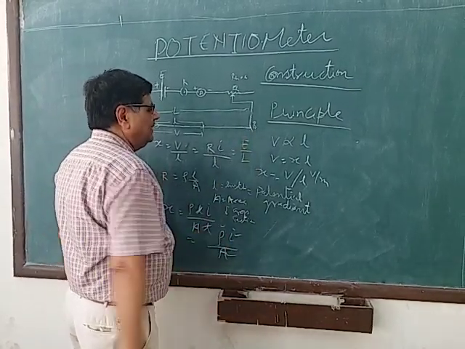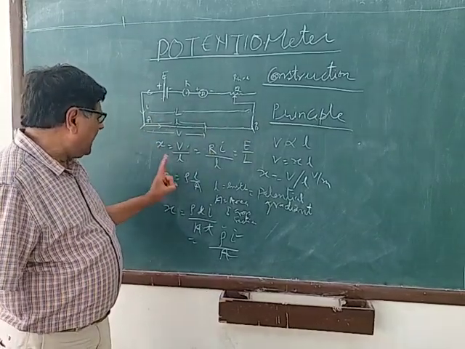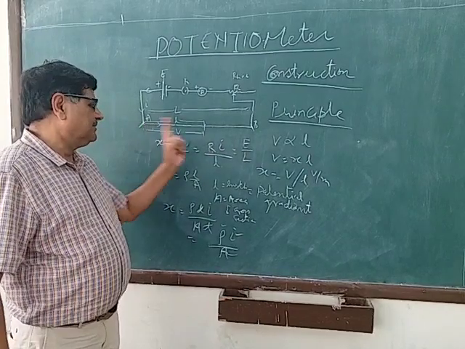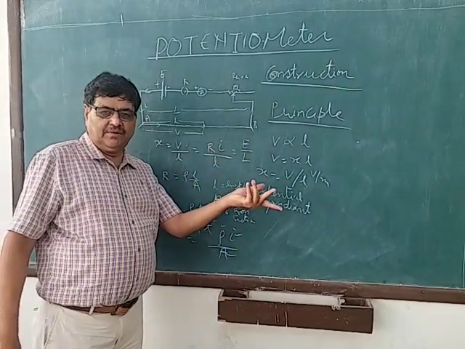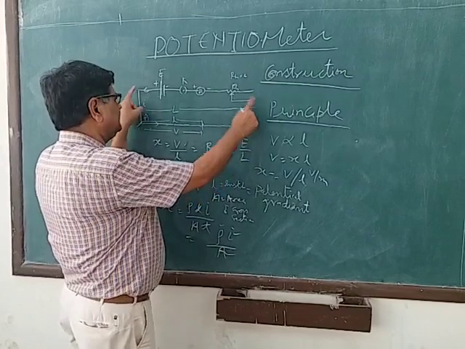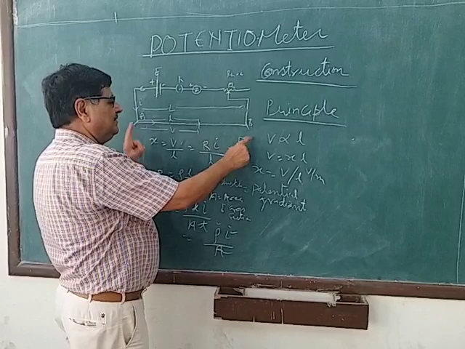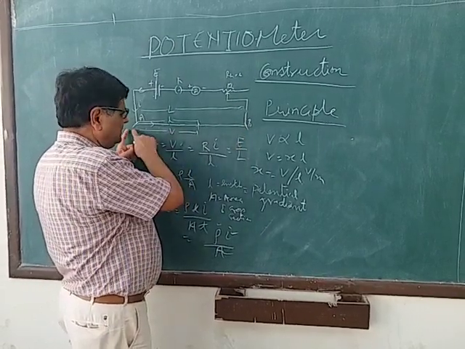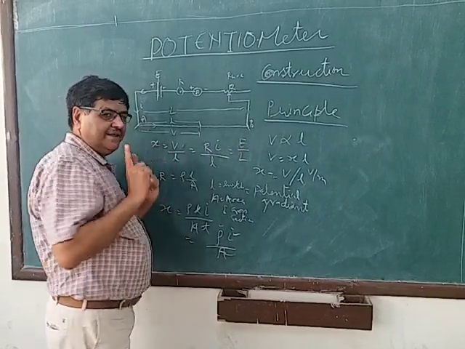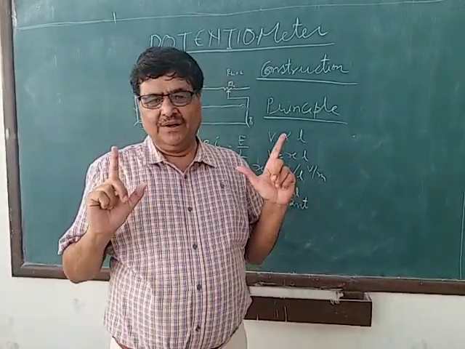E by L also. So you see that X, on what factors will X depend finally. Try to understand, because this will help you solve the numerical problem. Whatever is the potential difference across these 2 terminals, if no resistance is here, then E is the potential difference, and what is the total length? L. It depends only upon E and L, if the area of cross section is constant and current is kept constant.